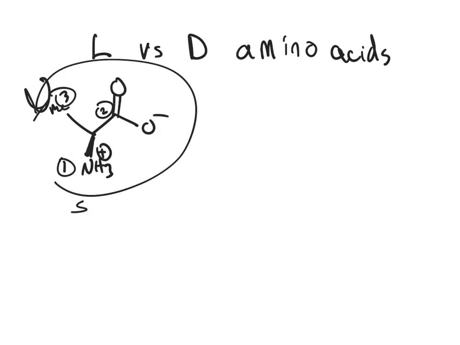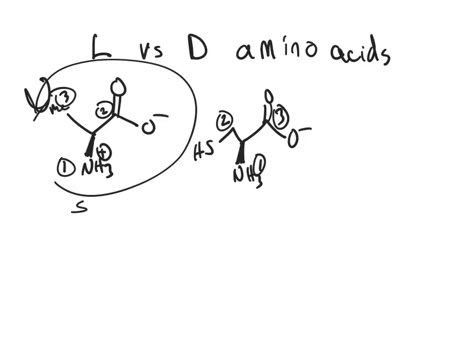almost all amino acids. In the case of cysteine, when we do our priority, nitrogen is still first, but in this case, this carbon attached to sulfur is now a higher priority than the carbon attached to oxygen. So this is actually an R stereocenter, even though it has the same configuration as what we think of as an L amino acid. So to simplify this,